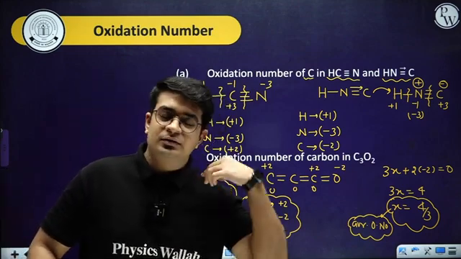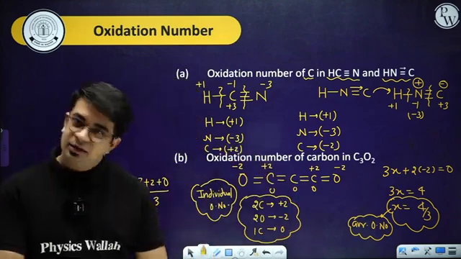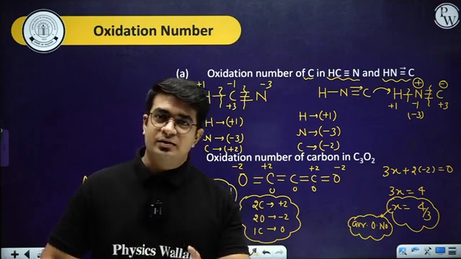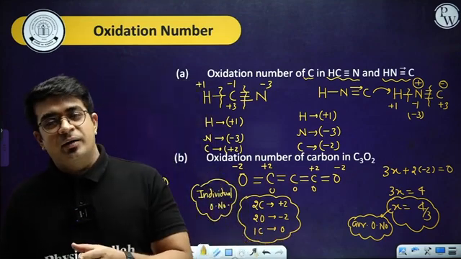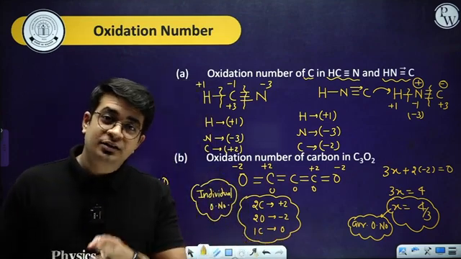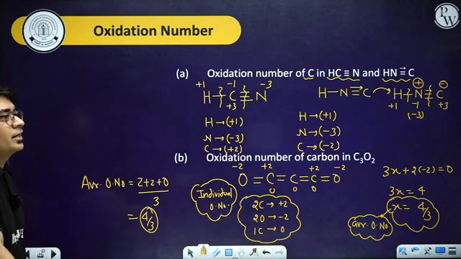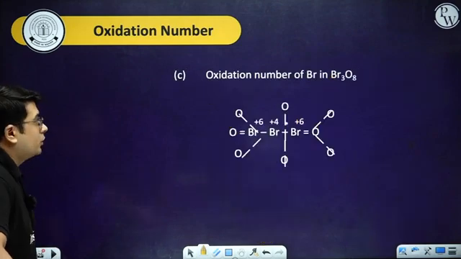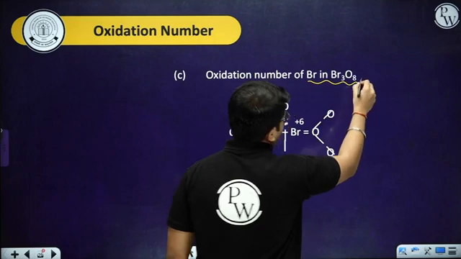If we have a single central atom only, then both oxidation state and oxidation number might be equal. But in case of multiple central atoms, there is a difference. The average part talks about the oxidation number and the individual part talks about the oxidation state. Okay, I hope this entire portion is clear. Very simple analysis, very easy analysis. Okay. Now, can you calculate the oxidation state of Br3O8?